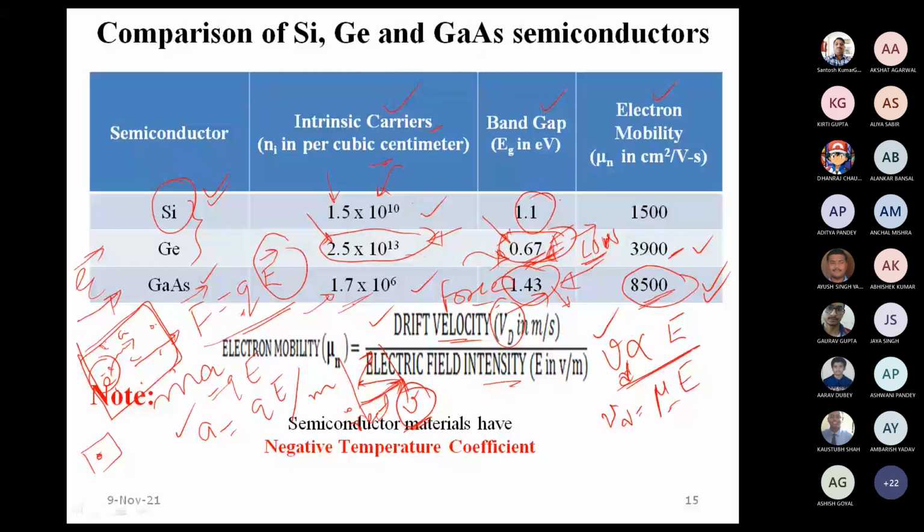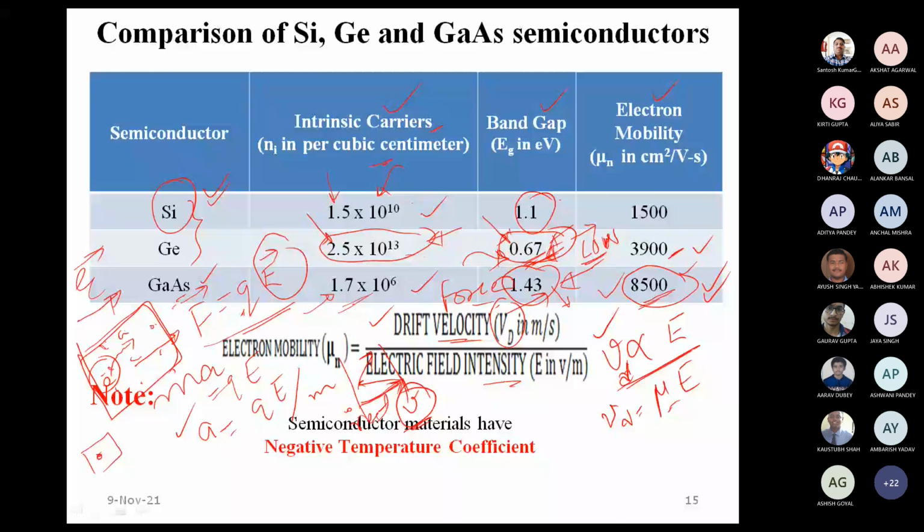So actually the important thing here is mobility, but mobility is limited by the material characteristics. Just like gallium arsenide, the carriers in gallium arsenide have more mobility. It means the material has the inherent property to allow the carriers to move through it without much hindrance, whereas in silicon, we can see that there is going to be more hindrance.